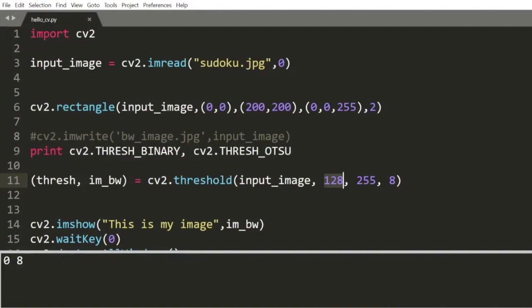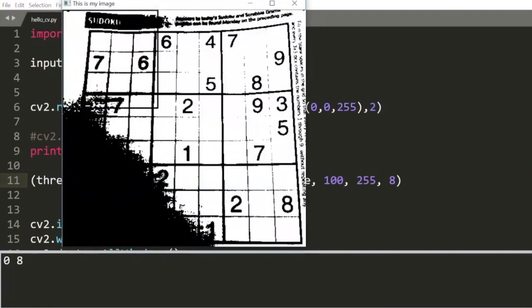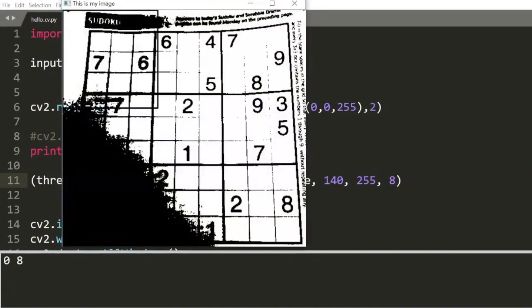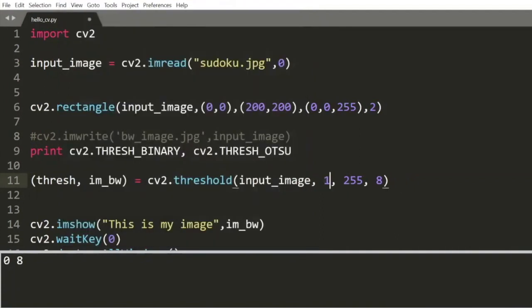What happens if I change 128 to 100? Does that improve things? That actually makes things even worse. Instead of 100, what if I do 140? Now we have still more white space over there. You could try out a few values and see what is working best in your application. But over here, I'm going to say 128 is my threshold level.